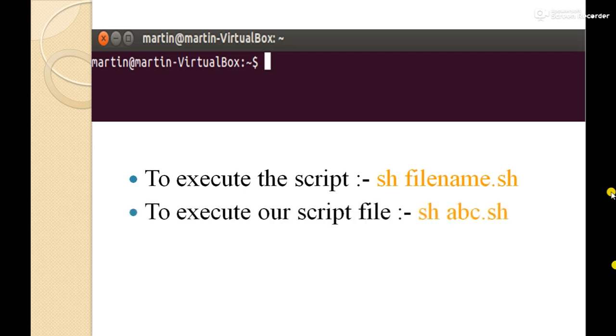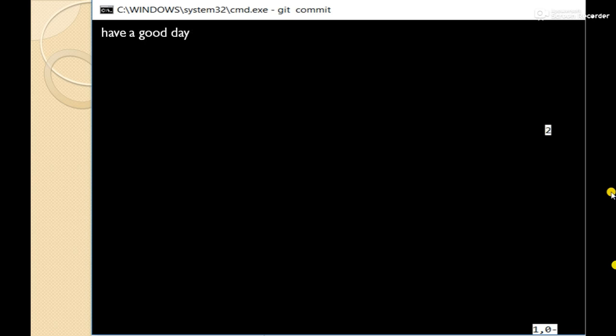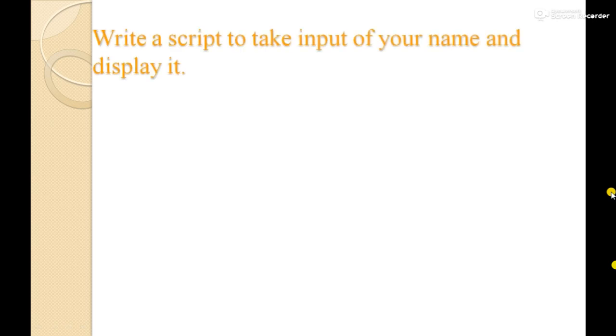Over here our file name is abc, so our command will be sh space abc.sh. So let's see the output, that is have a good day, and when we press enter, it will again show the new command. So this is how we will use the script in the Vim editor.